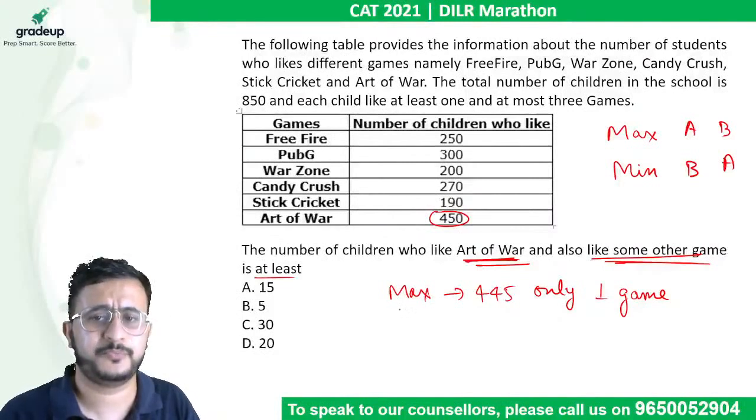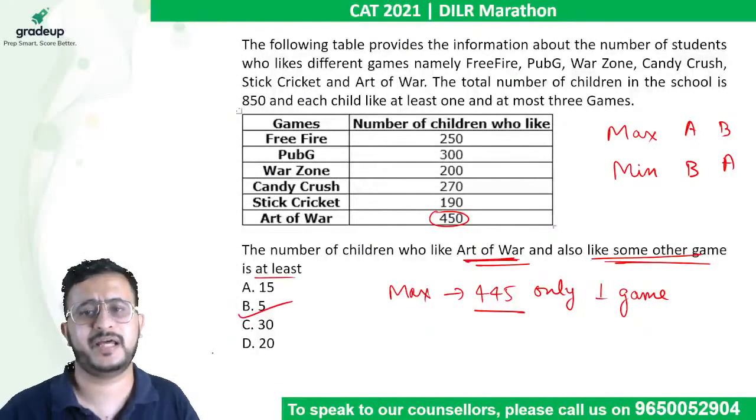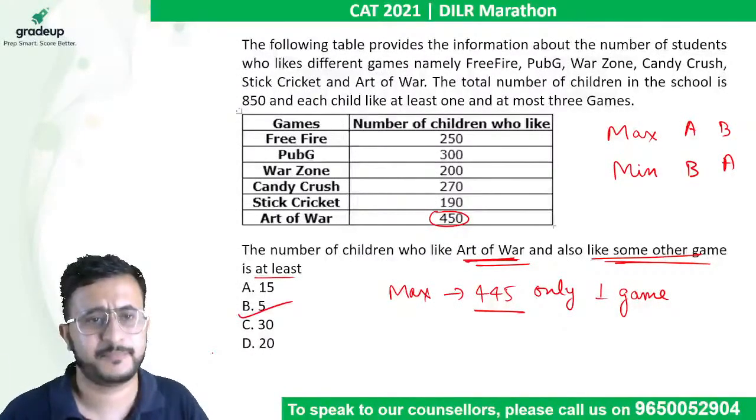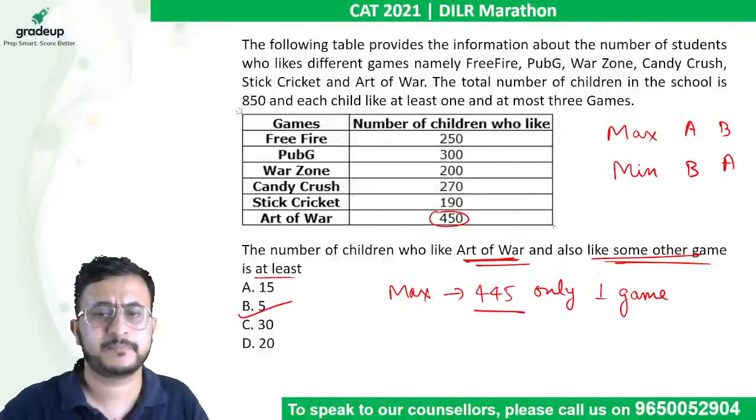So you put the maximum number of people who like one game, right? A maximum of 445 people can like only one game. So that means if you subtract it, you get 5 people who will like some other game, because a maximum of 445 people can like a game. Okay,